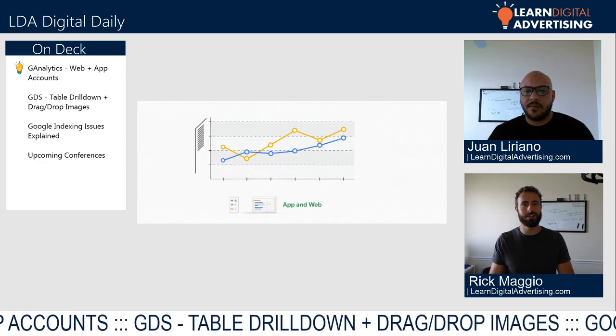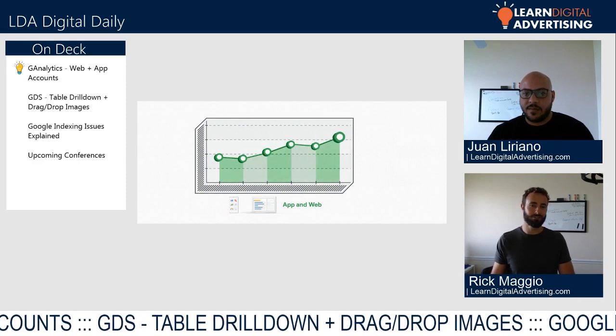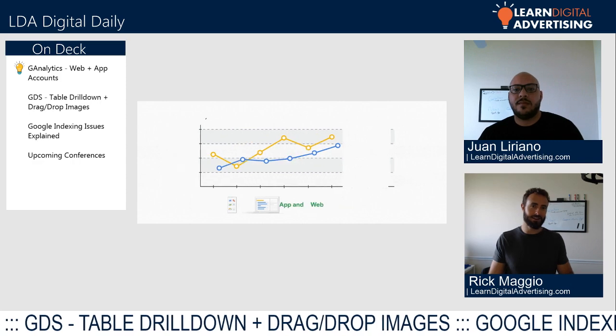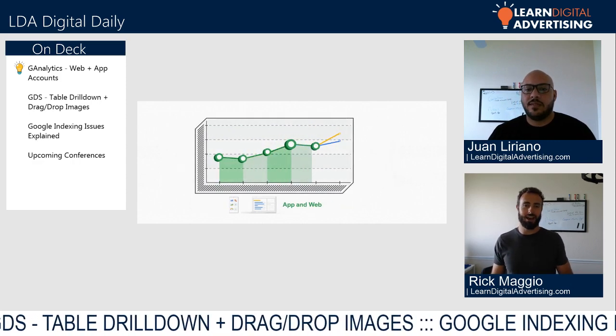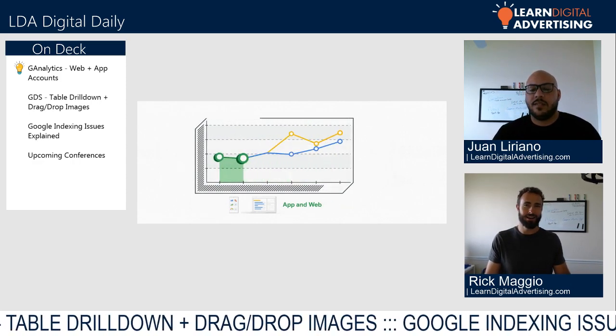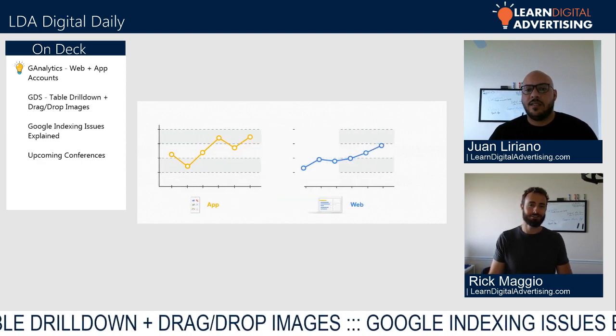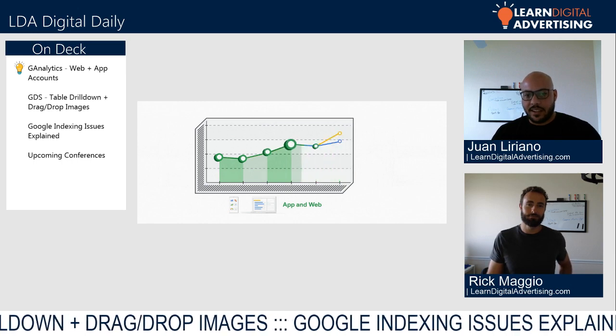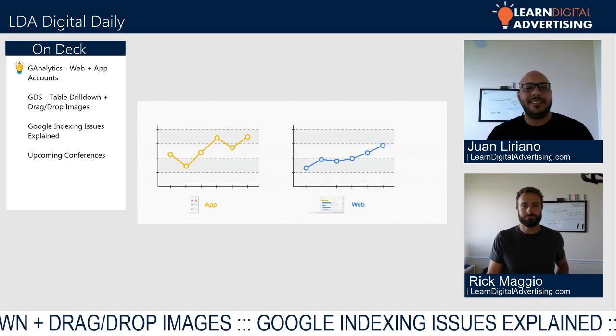We're going to do a tutorial on this and implement it on both sides and see how that all merges together. Very interested to see how the interface works: can you look at just the web or just the app? Can you merge the two together? How easy is that data to derive? That will be interesting to see. I see it requires Firebase SDK.